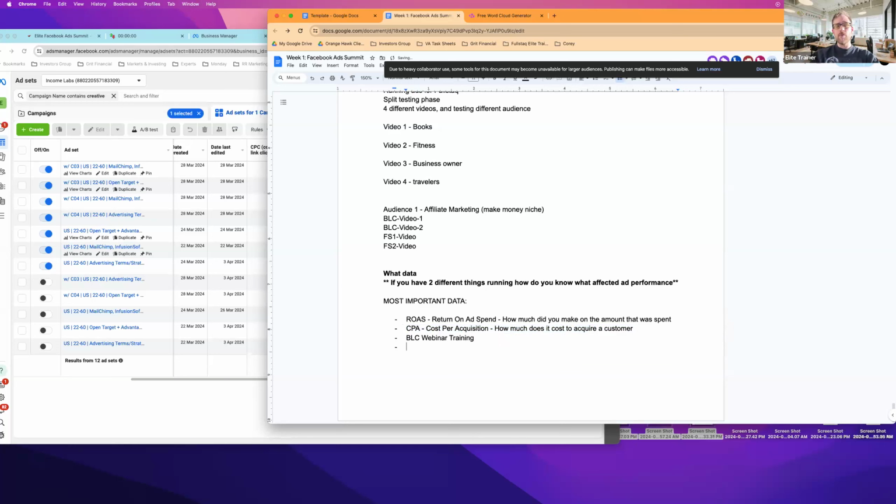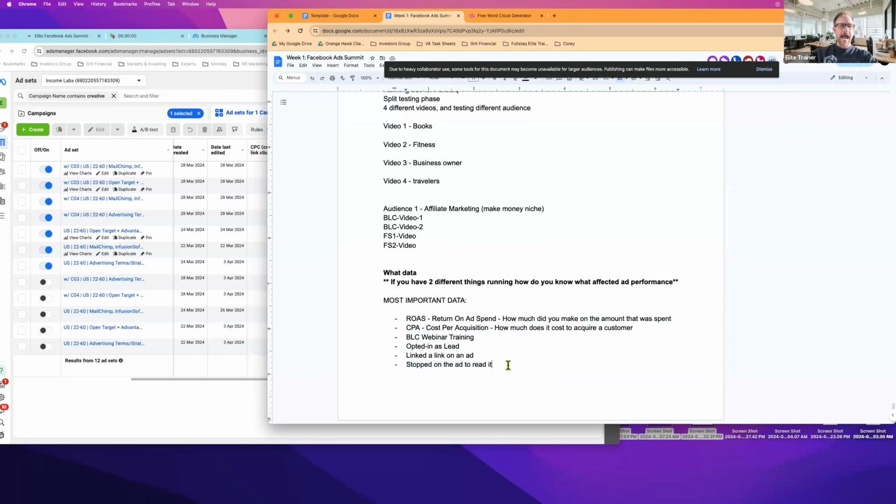And before that, you would have opted in as a lead. And before that, you would have clicked a link on an ad. And before that, you would have stopped on the ad to read it. So this is the very first thing that happens, and then everything after that also needs to happen to get to the very end. So what that tells us is the metric that we need to follow to see how many people